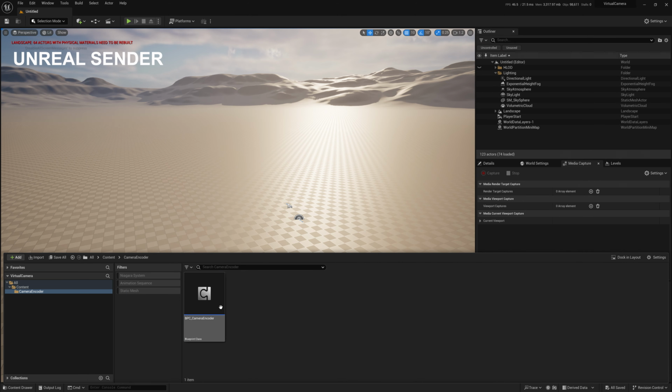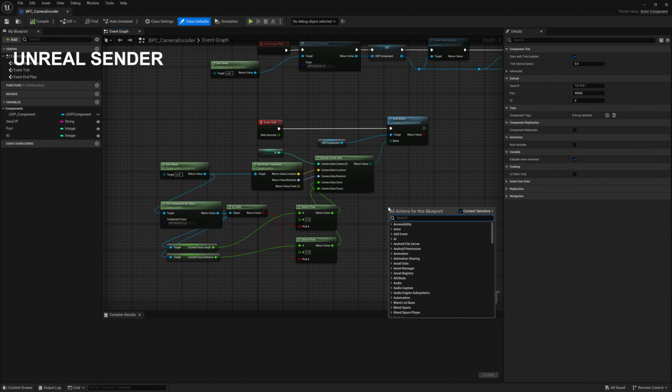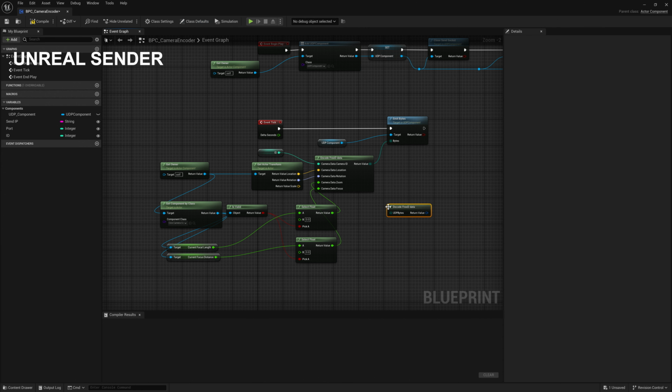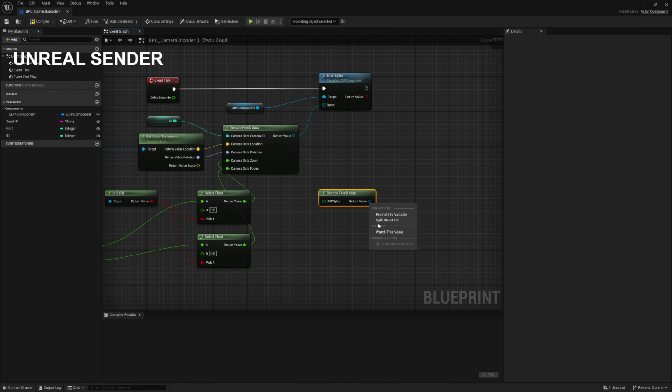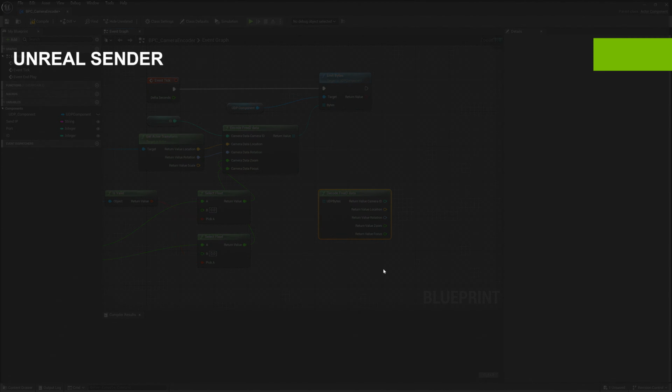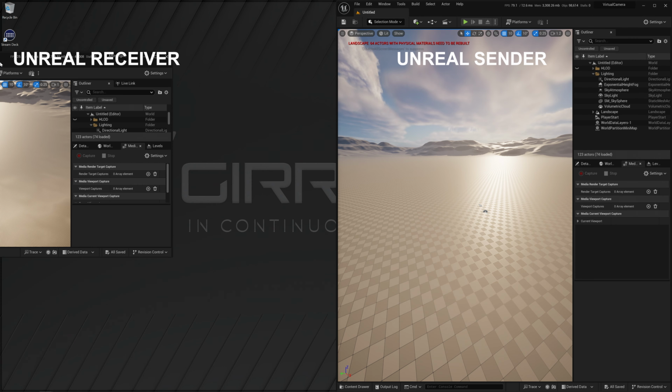Now, in my plugin, I did also include a decode 3D data. This lets you take the bytes and decode it back out, but I would recommend sticking to the LiveLink plugin for that purpose. Don't try and make your own version of LiveLink. So now I'm going to put that there, and I'm going to put that there,